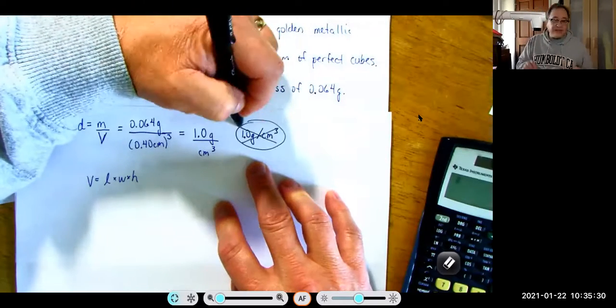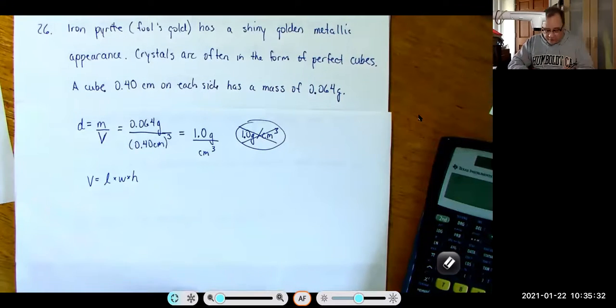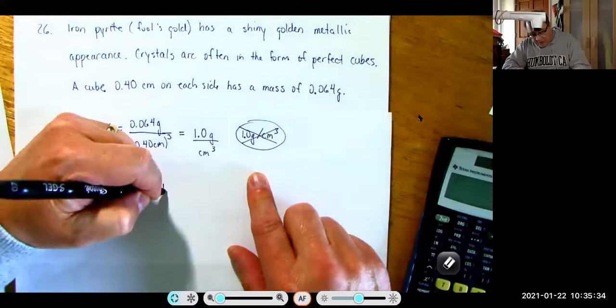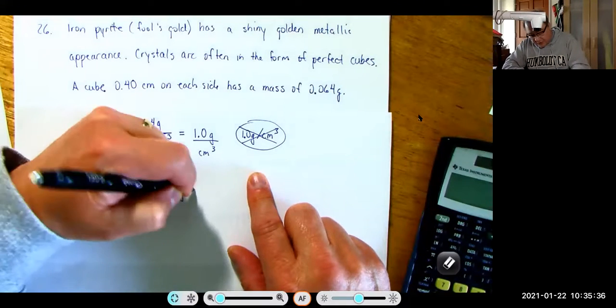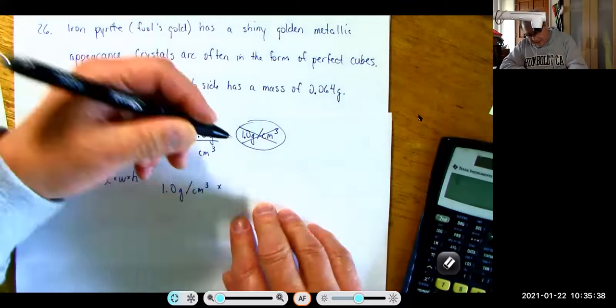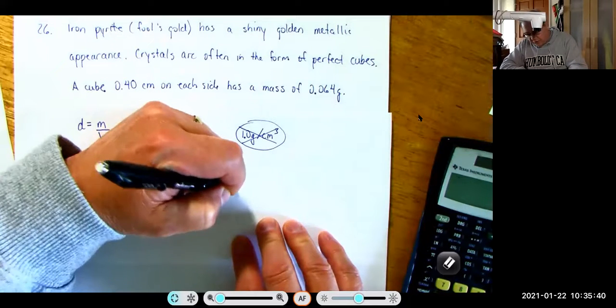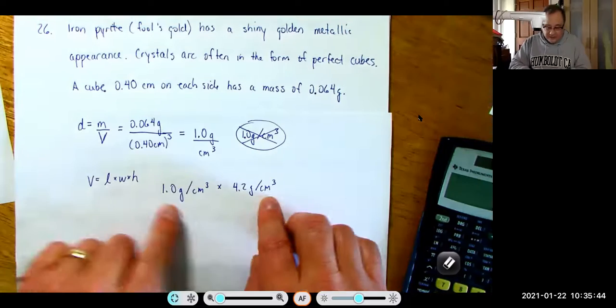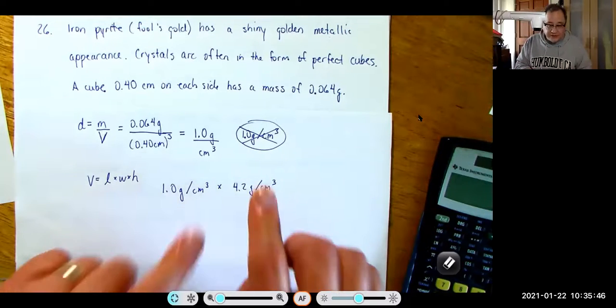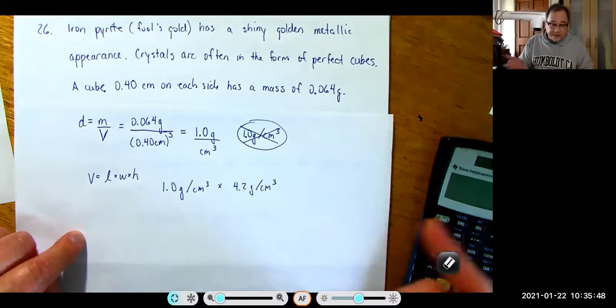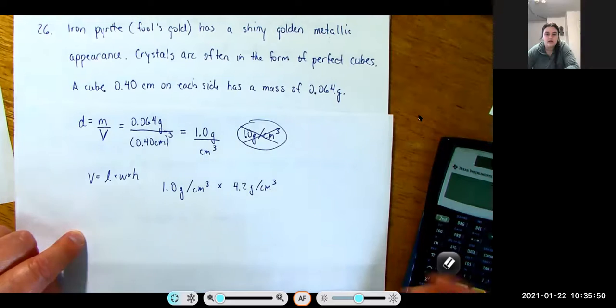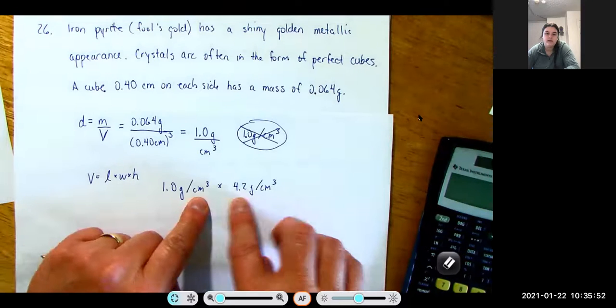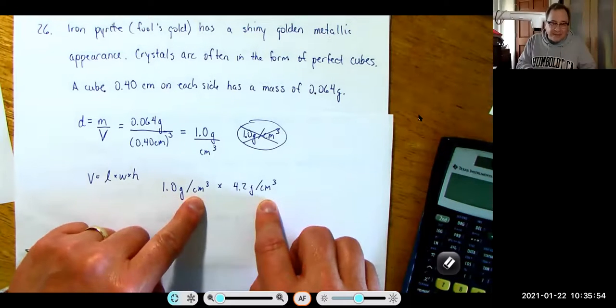And the reason is because a lot of times if you multiply 1.0 grams per centimeter cubed by 4.2 grams per centimeter cubed, you might think that things cancel. And in this case, nothing cancels. You get grams squared and centimeters to the 6th power. But it's hard to tell when you write everything like this